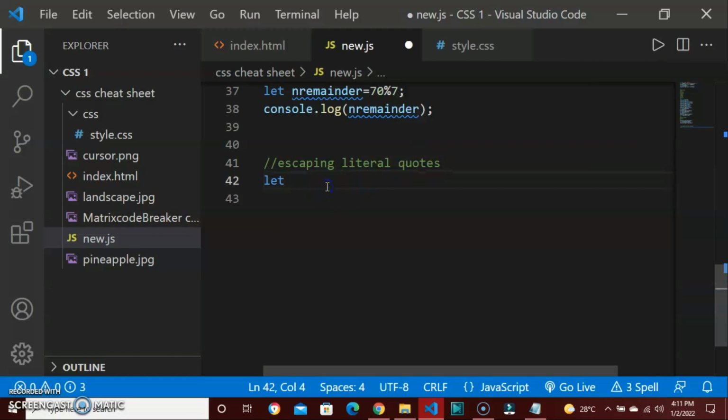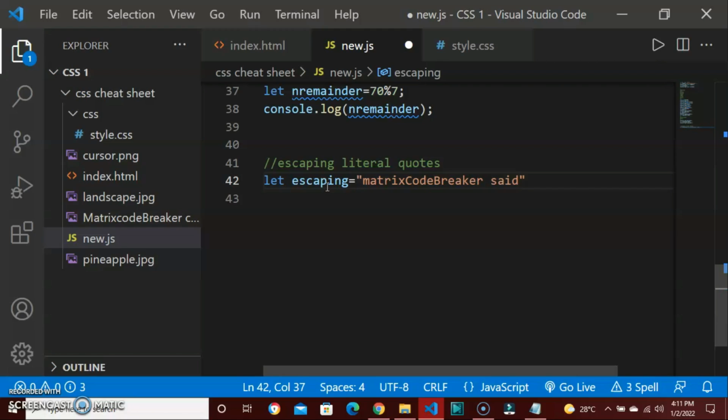So let's declare it as escaping, and make it have a value of. Since we want to quote exactly what someone said, let me think of something. Okay, so I'll say MatrixCodeBreaker said,